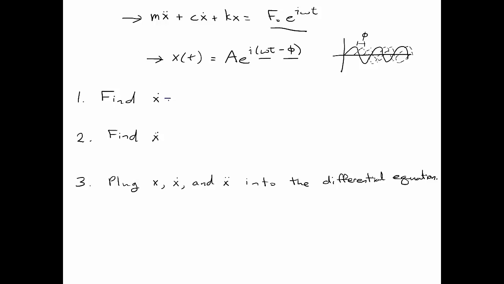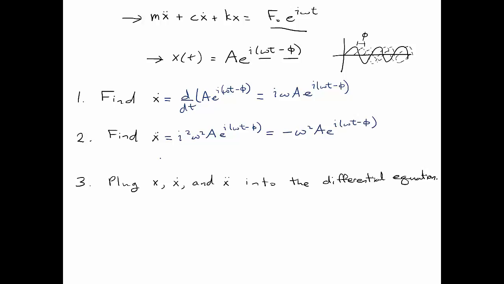Okay, so x dot equals the time derivative. So that brings down the i omega. Leaves us the A. And we keep our exponential. Now when we take the second time derivative, we bring down another i omega, and we leave our A and our exponential. So we end up with i squared, which is minus 1. Okay, now we want to plug this in. So we get